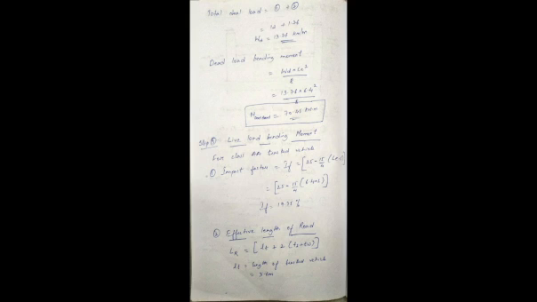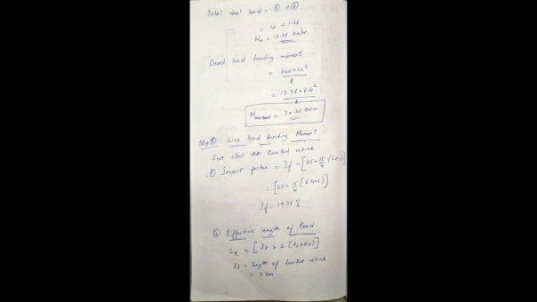6.4 is the effective span. If you can remember from the previous steps, you can just see here 6.4. We got the effective span as 6.462 and 6.4. So LE basically we will be taking whichever is the less. So we have taken 6.4 here. So 13.76 into 6.4 square by 8 gives the moment of dead load, 70.45 kilonewton meter. Now the step 3 is the live load bending moment.